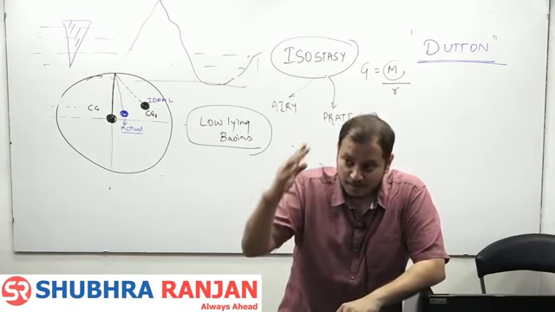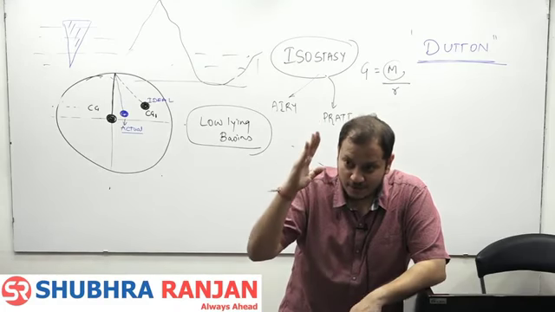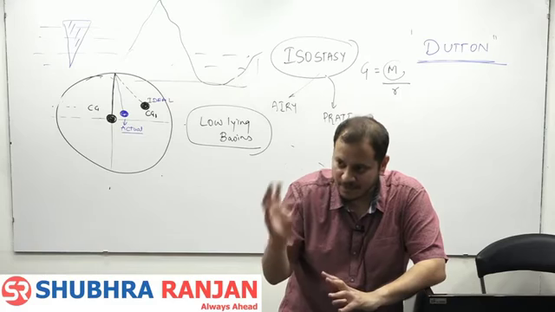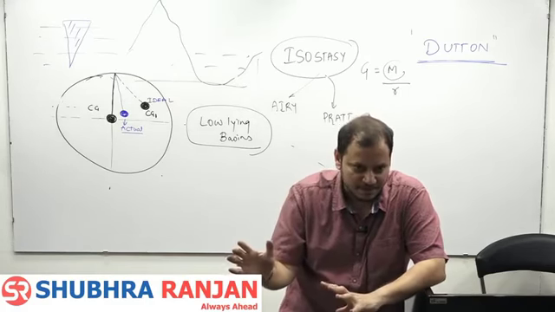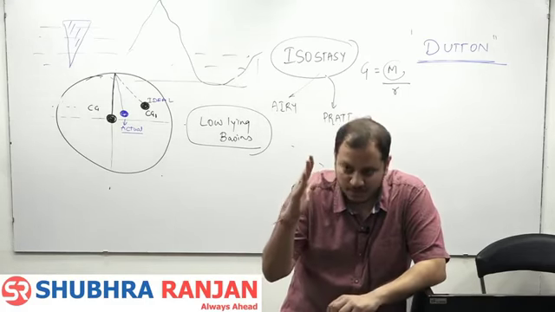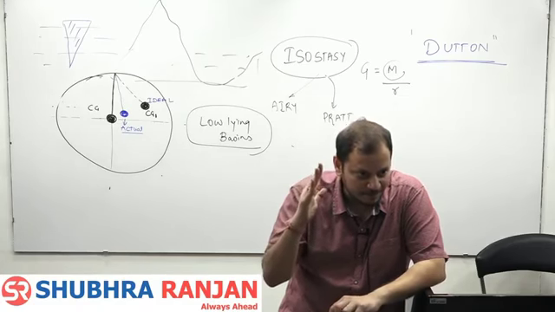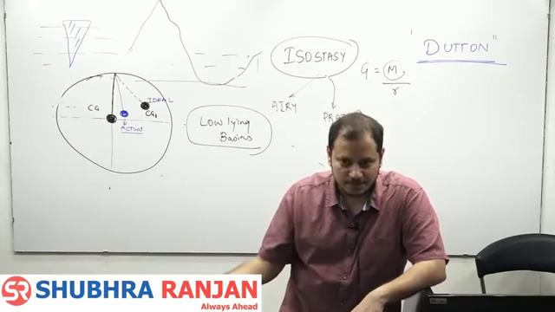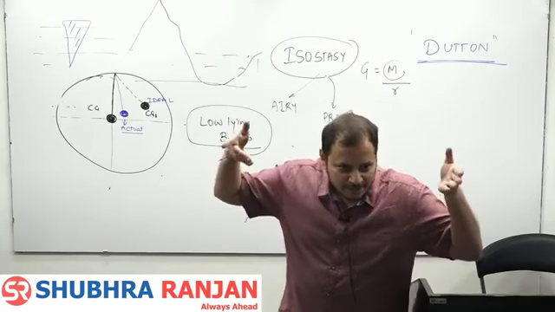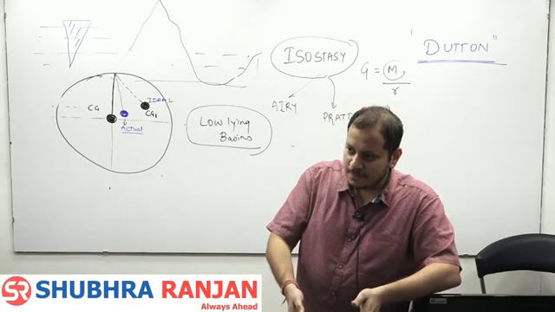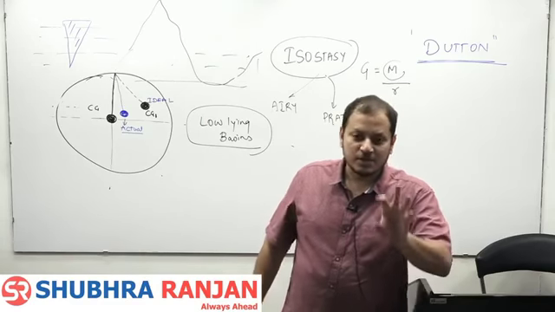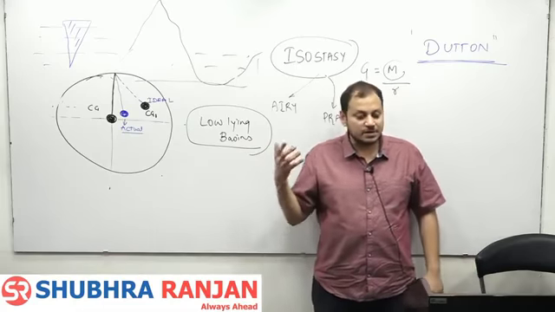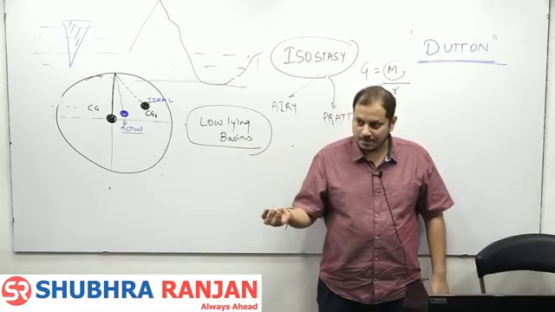So if Mount Everest is floating, on water nahi hai, but same hai, no difference is there. The laws of physics are same everywhere. So what is the height of the Mount Everest? 8.5 kilometers. 8.5 into 9 or into 10, for simple, that means 85 kilometers deep is the root of the Mount Everest. So when you study, the root of the Aravallis is somewhere around 60 to 70 kilometers deep, which means,